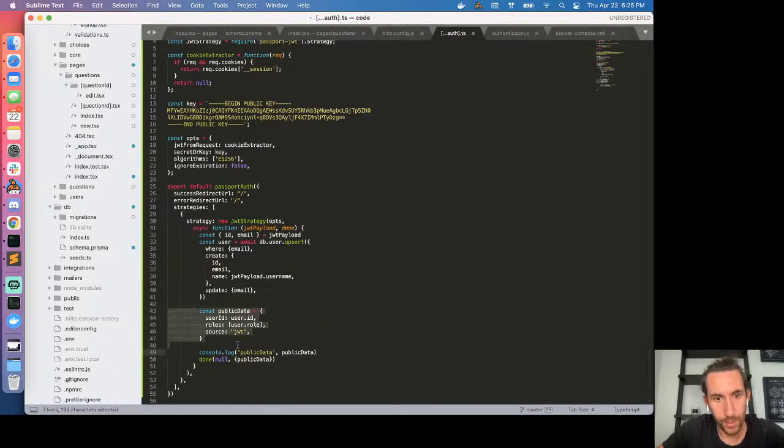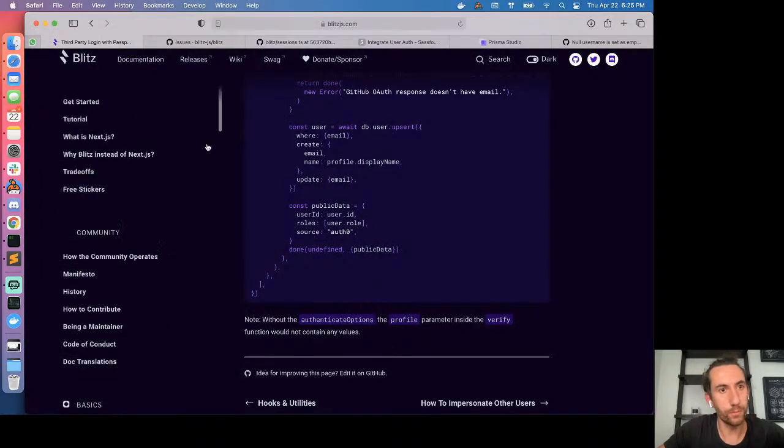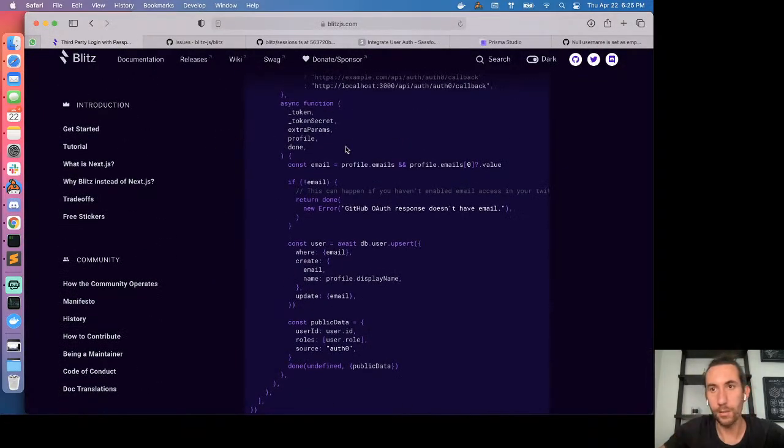And finally, currently we are stuck here because we have some public data, but the public data is probably passed correctly, and I think the JWT strategy is not completing and is causing some weird issues that I'm going to investigate offline. Other than that, I think it was an interesting framework. So pretty nice. This BlitzJS, they did a lot of awesome work. And yeah, definitely we'll study more the authentication system. With this, I guess